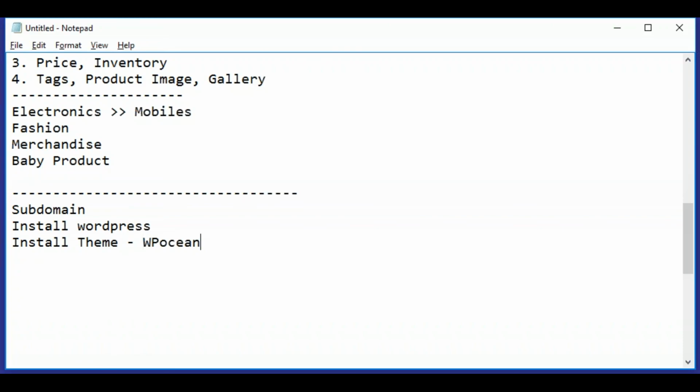So this is e-commerce friendly, and then you can install WooCommerce and you can practice.